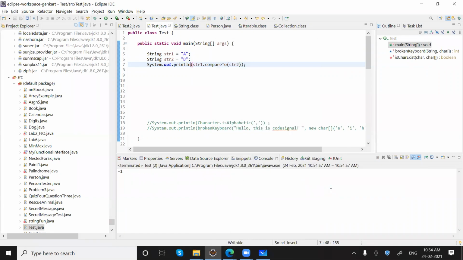So when we are saying str1 compareTo str2, what is it basically doing? It is comparing two strings and checking whether this str1 comes before str2. If yes, then it returns -1, or even, like I say, it will say -2.